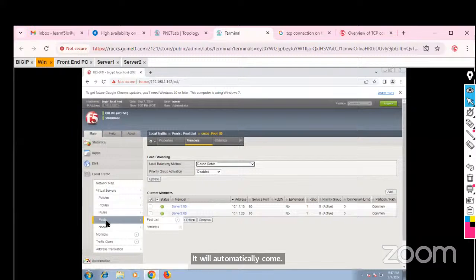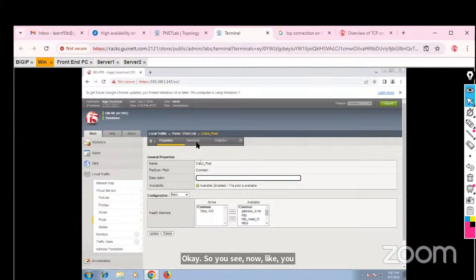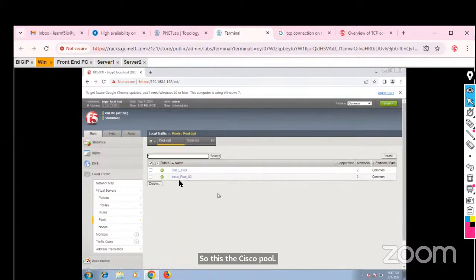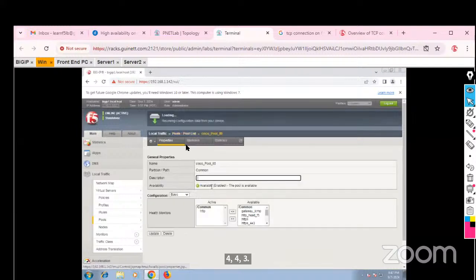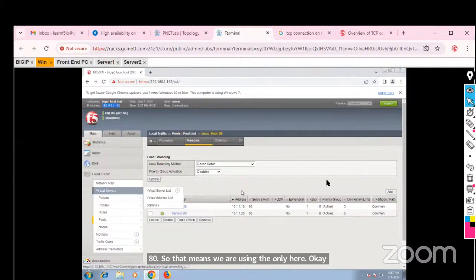Okay, so you see now we have two pools. The Cisco pool is with port 443, right? And the Cisco pool 80 is port 80. So that means we are using HTTP only here. Now what we can do,